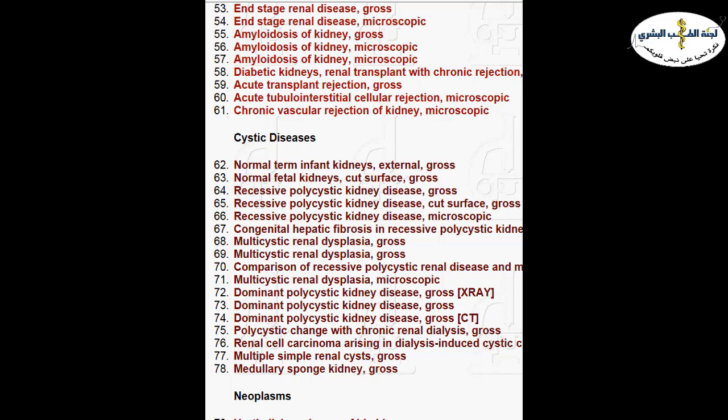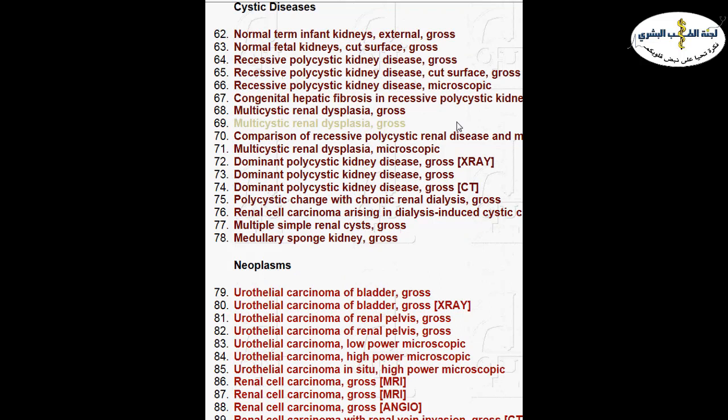We are going to talk about the inherited and acquired cystic kidney diseases. Now, many things can cause cystic disease in the kidney. Sometimes inherited conditions may lead to cystic diseases like autosomal recessive or autosomal dominant polycystic kidney disease. Sometimes cancers present as cysts. Sometimes it's acquired. For example, patients on renal dialysis for years, their kidneys become somehow cystic.